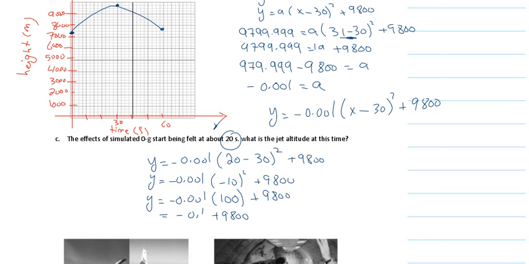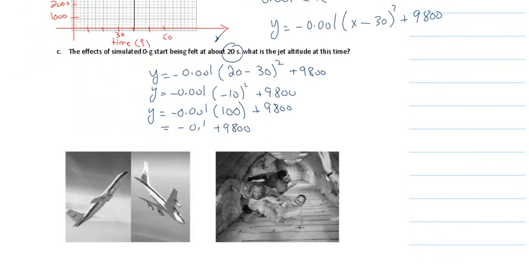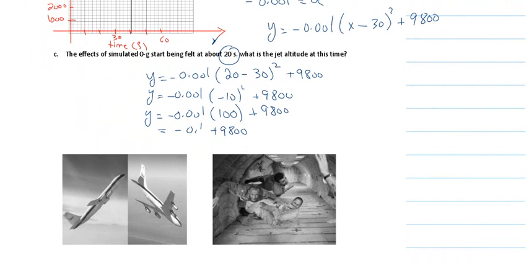That means y equals 9,799.9. Because that's a word problem, I have to write a therefore statement. So therefore, the altitude at 20 seconds is